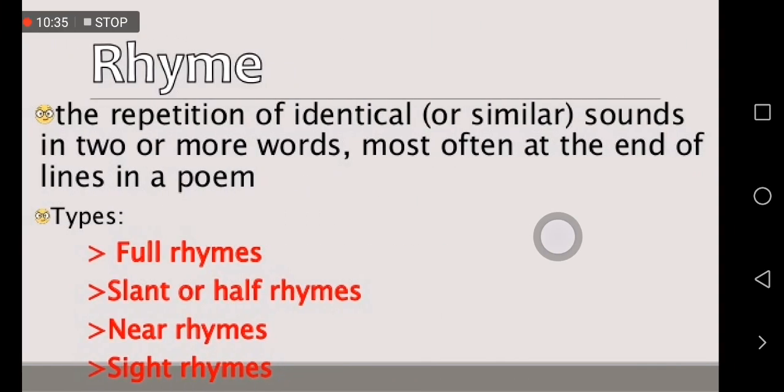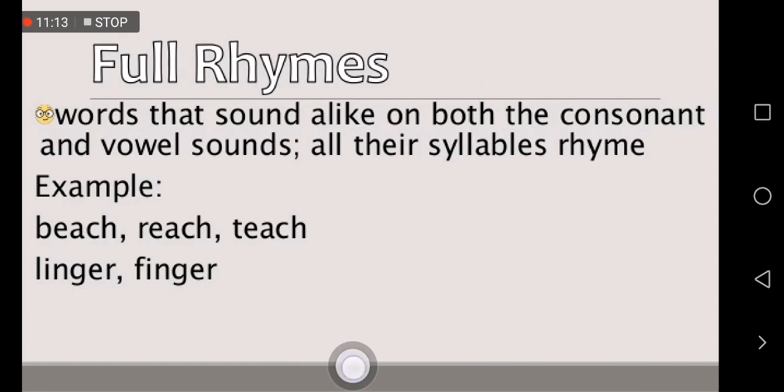Then we have rhyme. We have some four types of rhyme like you see in the slide. So what is rhyme first? The repetition of identical or similar sounds in two or more words, most often at the end of lines in a poem. तो उसको हम राइम कहते हैं। लाइन के आखिरी जो लफ्ज़ होते हैं, अगर वो मैच करते हैं एक दूसरे के साथ, तो उनको हम राइम कहते हैं। हमारे पास ये टाइप्स हैं: फुल राइम्स, स्लैंट और हाफ राइम्स, नियर राइम्स और साइड राइम्स। सो दीज आर सम टाइप्स ऑफ राइम।